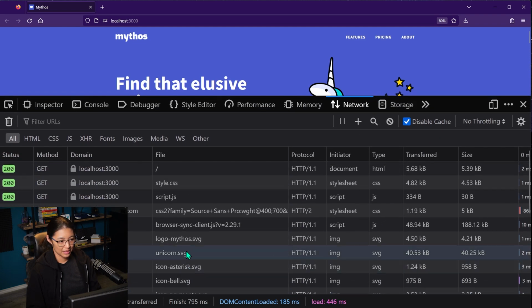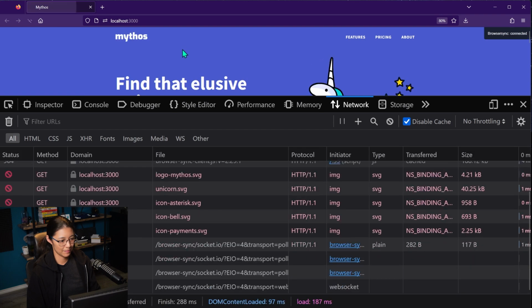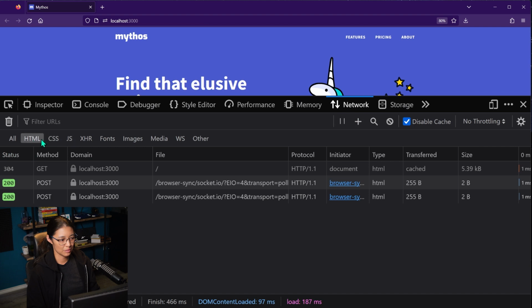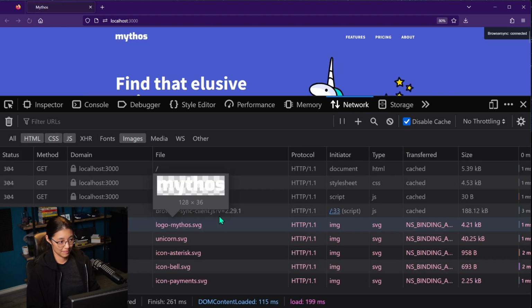This basically will show you all the files that are downloaded when the website's loaded. So if I have this open and I hit reload, you can see things are getting reloaded. This is helpful if your website is pretty slow to load and you're trying to identify if there are some files, maybe images or other files, that are just really big. And then you can filter by different types of files, so HTML, CSS, etc., images.